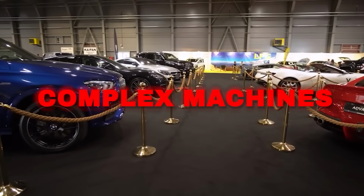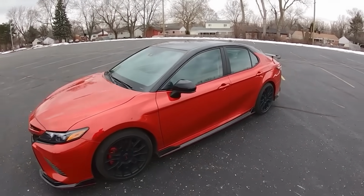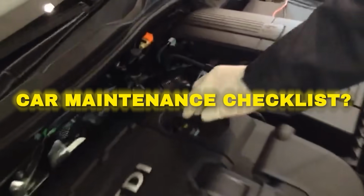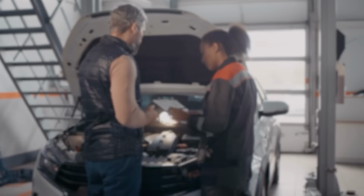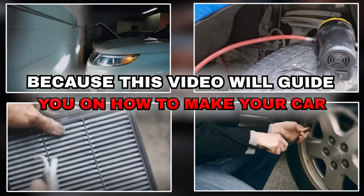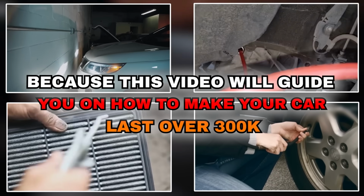Modern cars are complex machines, and keeping them in good shape is costly and tiring. Knocking engine, worn out belts, dirty oils, and much more. What if I give you a perfect and easy car maintenance checklist without fussing with mechanics? Sounds interesting? Keep watching, because this video will guide you on how to make your car last over 300,000 miles